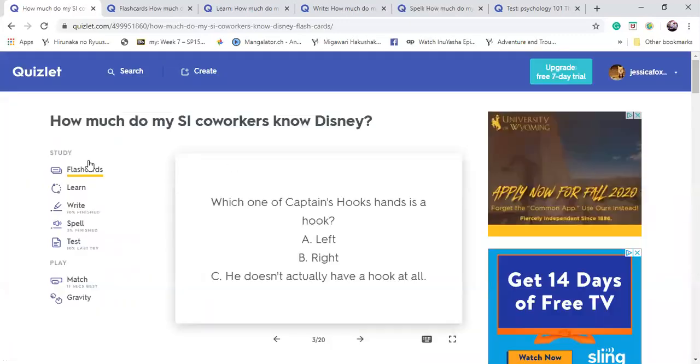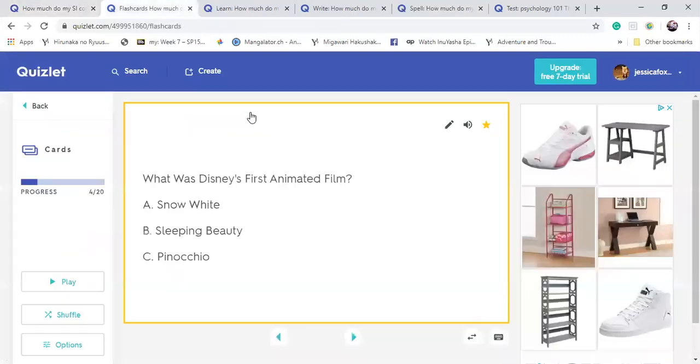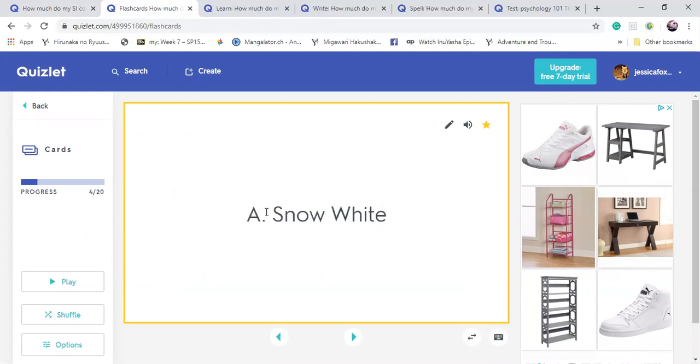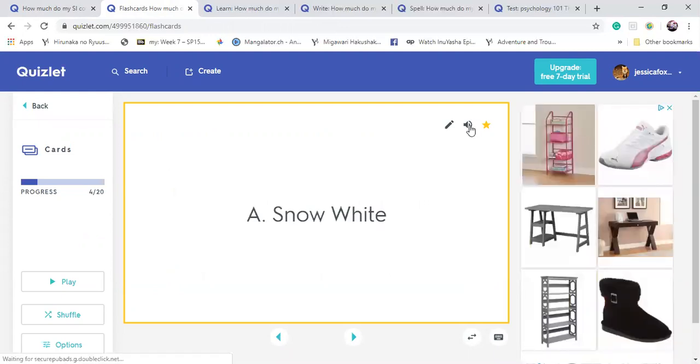All right, now let's look at flashcards. So this is what it will look like. You just have to tap it to flip it over and it will tell you the answer. You can even have it read it out loud. If you want, you can just have it played through